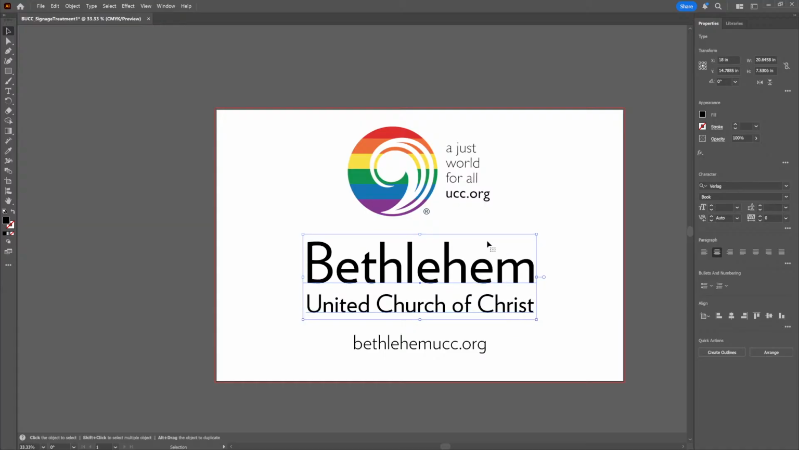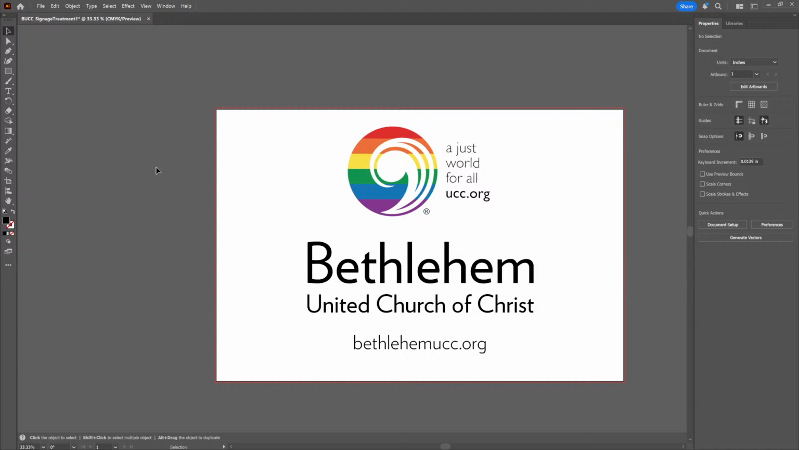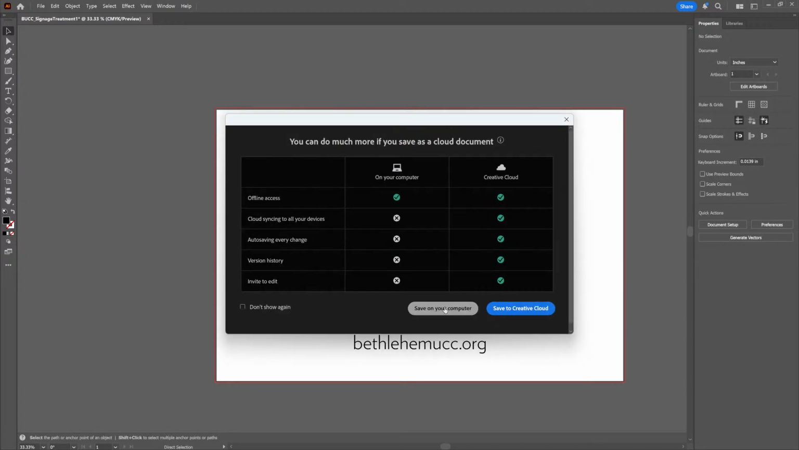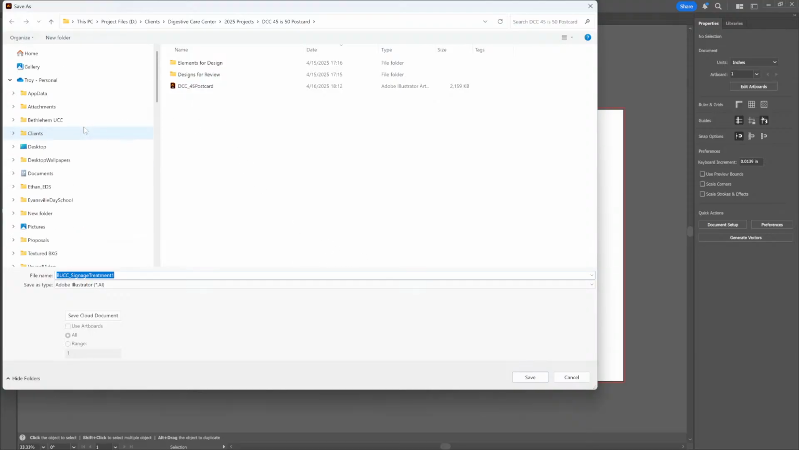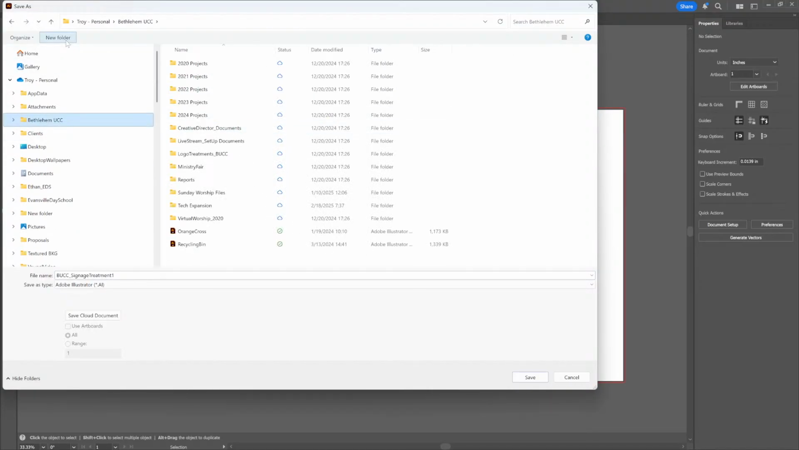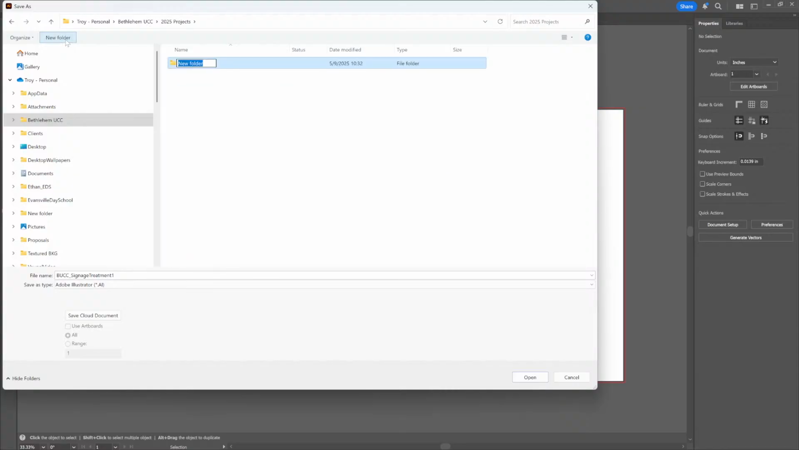I really like that. I know it's not extremely fancy or wonky or crazy, but I think that it's nice. I'm gonna save this to my computer. Bethlehem UCC, I'll give you its 2025 projects. Sorry, I'm OCD about directories, so this would be the outdoor sign